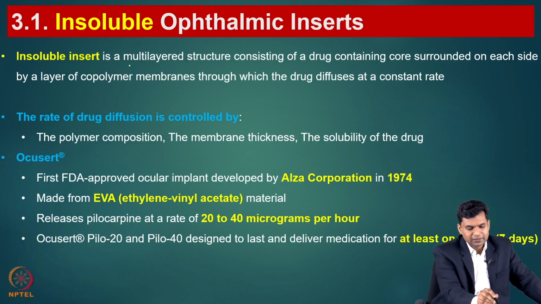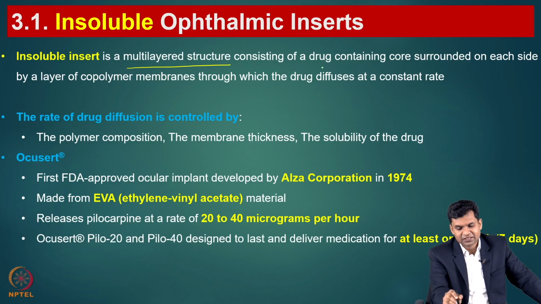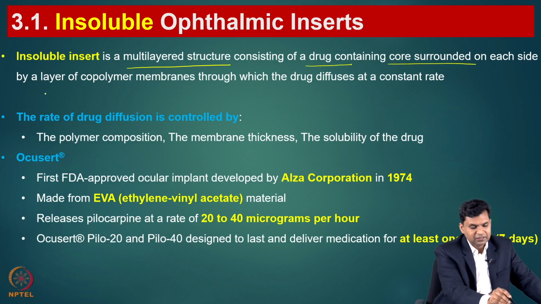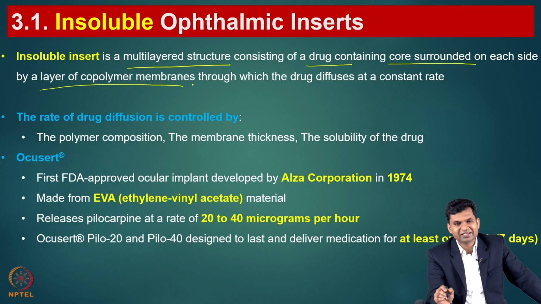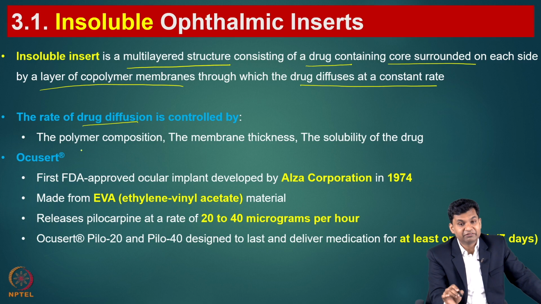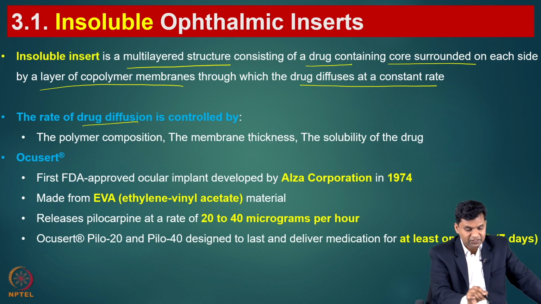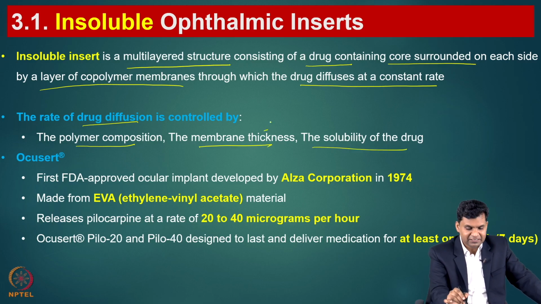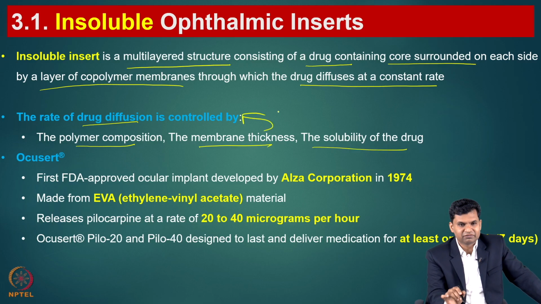These are multi-layer structures consisting of a drug containing core surrounded by layers of copolymer membrane, which will control the release, or maintain the diffusion of the drug at a constant rate. And yes, this mechanism can be very important for the controlling. So, these parameters: polymer composition, membrane thickness, and solubility of the drug will definitely influence the rate of drug